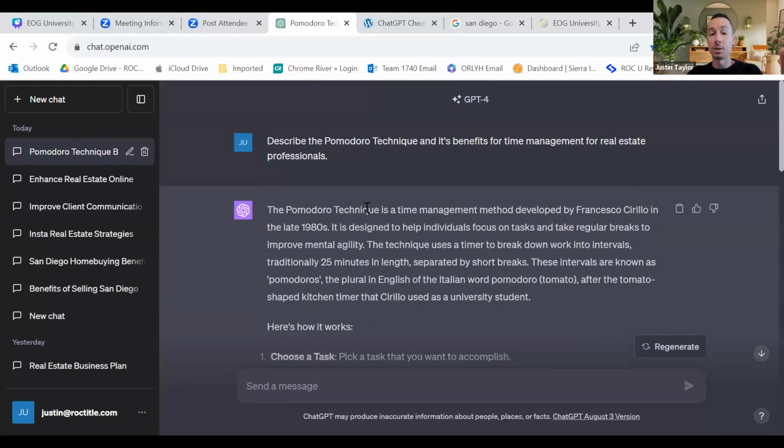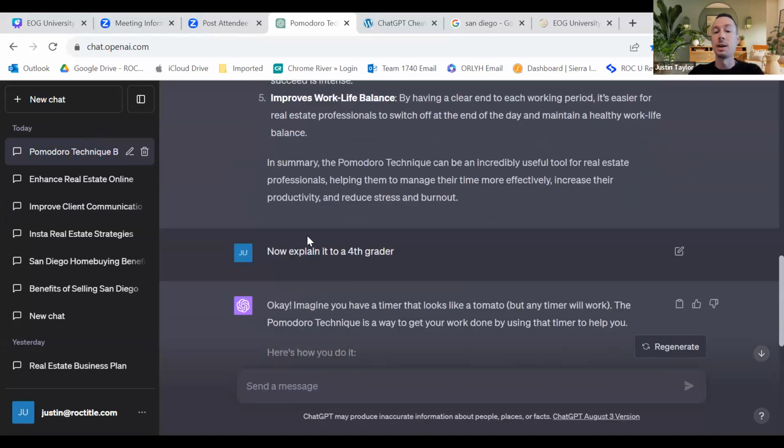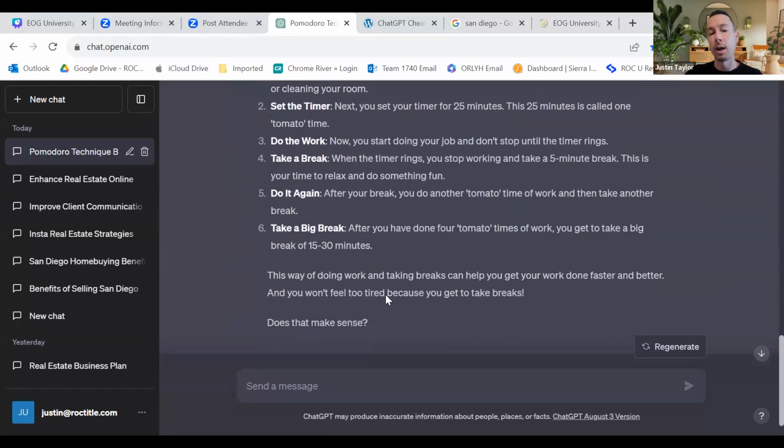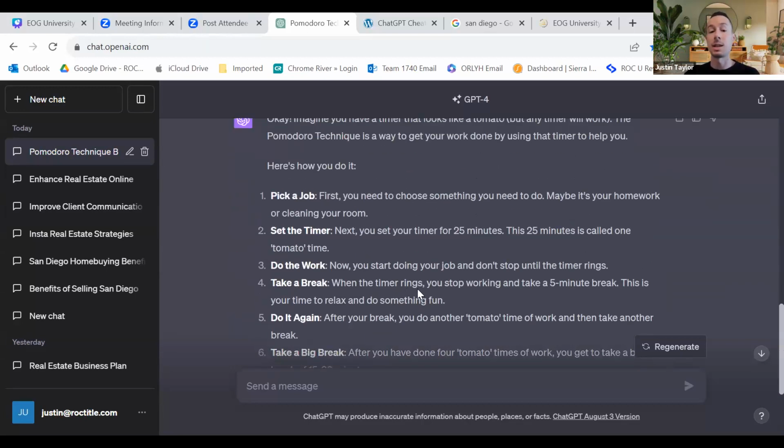So obviously, those who like to read or want a little bit more info can come through here and do this. But you see, when you say now explain it as a fourth grader, say it's, I need to learn more about email marketing. Now explain it to a fourth grader. Write it as if I'm a fourth grader. Teach me as if I'm a fourth grader, right? It breaks down big concepts or pieces of content and makes it a lot more digestible and consumable by telling it that. So now explain it to a fourth grader, and we have a much quicker read and way that we can immediately start to take action.